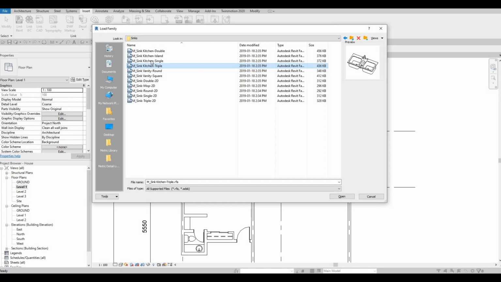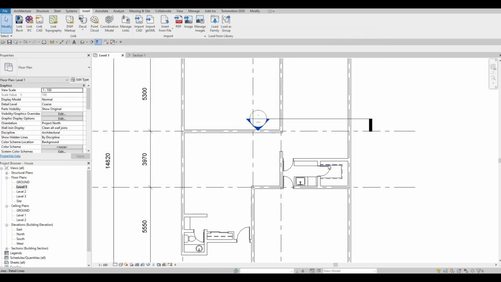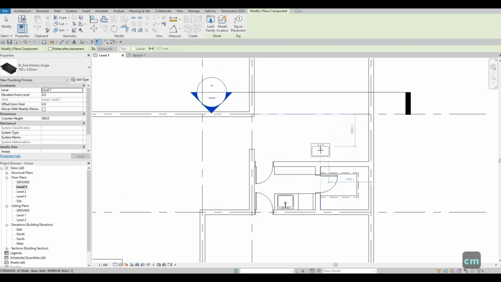So now here we're going to add this big single kitchen sink. I'm going to click on open and then CM. We're going to add it in the middle, right? So I'm going to add it right here, and then we're going to add